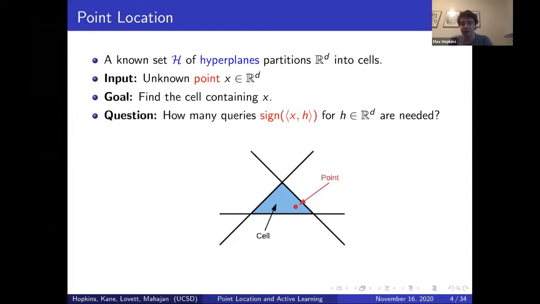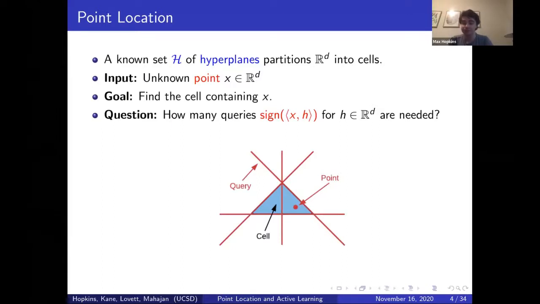So let's take a look at a quick example to get a better idea. Down here, we have a very basic hyperplane arrangement in 2 dimensions, and we have an unknown point highlighted in red. Now we're allowed to pick hyperplanes and ask, does the point lie below the hyperplane or above the hyperplane? So here I picked one in our arrangement, and I would get that the point lies below this hyperplane. I could also query hyperplanes not in our arrangement. I could pick this one going down the middle, and I'd get it to the right. And I can keep making more and more queries until eventually I get enough information that I figured out that this point has to lie in the center cell. And here I made 4 queries,